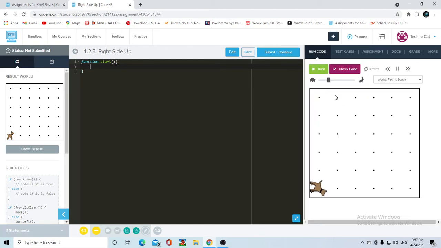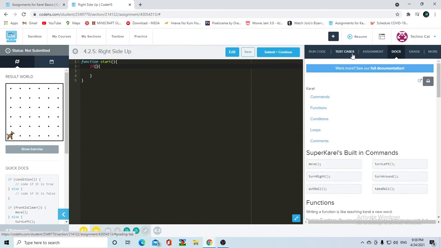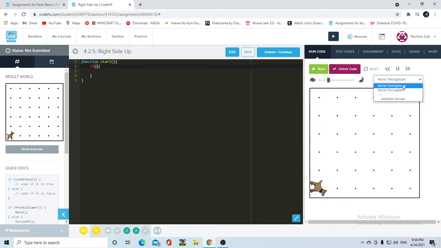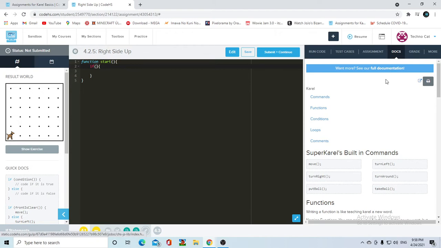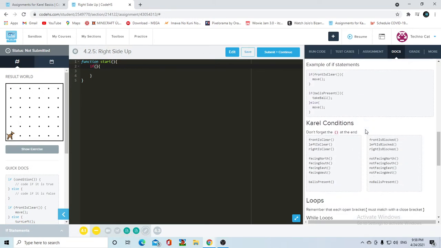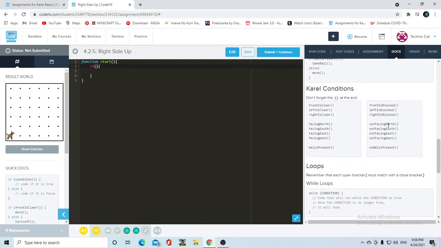You need to get Carol back to facing east. So let's begin. If Carol, okay, no, you don't need to. Wait, let me check the documentation. So here's another thing. We only have two things that could happen. We only have if Carol could be facing south or if she could be facing west. So there's actually several ways to do this. Let's go through the first one. So the first one is to do it individually, because we know there's only two that could happen, facing south and facing west. So first we're going to do if facing south,